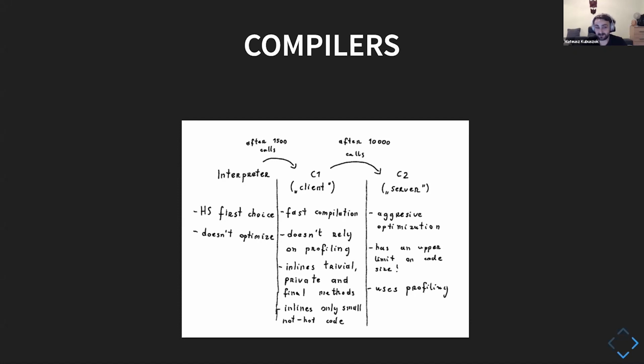There are a lot of optimizations that this compiler can do, when it does something like pattern matching on the patterns inside the code, and depending on which kind of code it is, it can cut some implementations, remove, or replace them with something better. But this has another limitation: the code that we are compiling aggressively can't be very big. From what I remember, it's up to 325 bytes of size. So if it's anything bigger, C2 will just give up and won't even try.